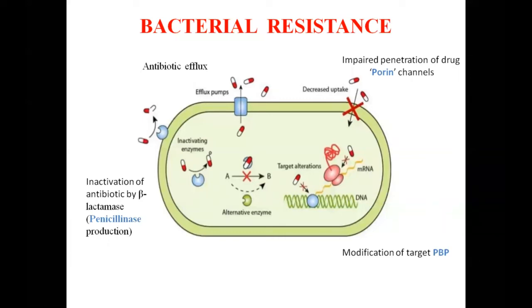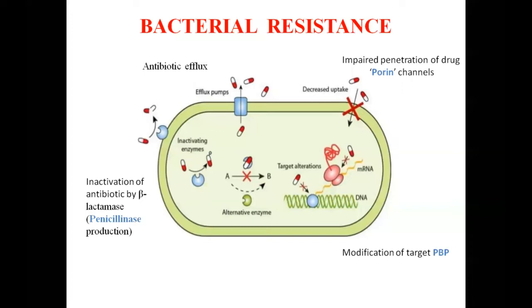And as you know, the penicillin binding proteins play a very important role in determining the sensitivity pattern of the beta-lactam antibiotics. Very true about the penicillin binding protein is the occurrence of MRSA, methicillin resistant Staphylococcus aureus, which is the best example of altered penicillin binding protein. Other than that, we have certain pneumococci which have become highly resistant because of altered penicillin binding proteins, and also some enterococci have altered penicillin binding protein, and therefore they have developed resistance.